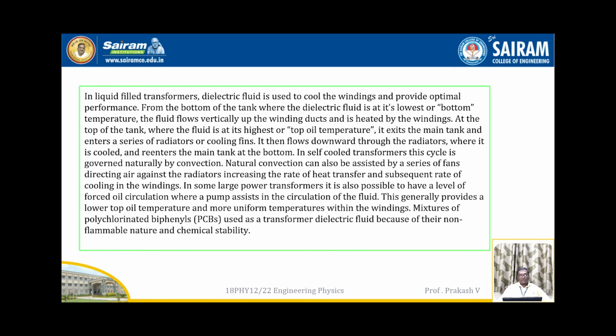In some large power transformers, it is also possible to have a level of forced oil circulation where a pump assists in the circulation of the fluid. This generally provides a lower top oil temperature and more uniform temperatures within the windings. Mixtures of polychlorinated biphenyls were used as a transformer dielectric fluid because of their non-flammable